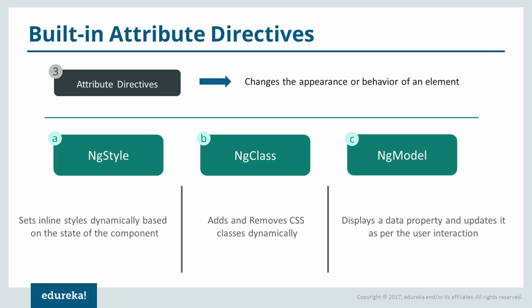Now the last word we're going to talk about is called ngModel. Basically what it does is display a data property, and then whenever a user makes some changes on that data property, it updates it as well. So that data property that has been updated by ngModel will be updated in all those places wherever it is being used. So what I'm trying to say over here is,